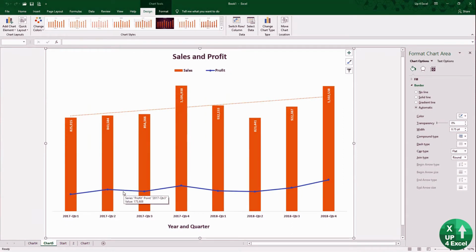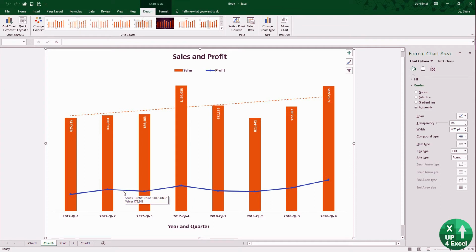Now, if we do this, move it to a new sheet, I don't find sometimes that it works particularly well. I think you're better off starting with the chart where you want it in the first place. So if you're going to want a chart as a sheet on its own, play around with it while it's like that, because when you move it, the font sizes and stuff remain the same, and it sometimes doesn't